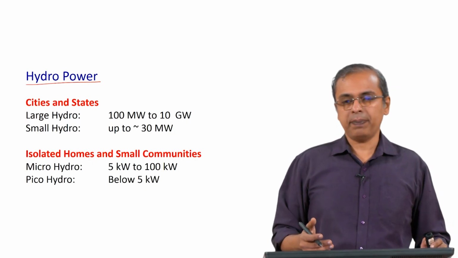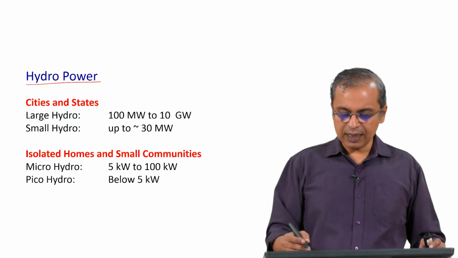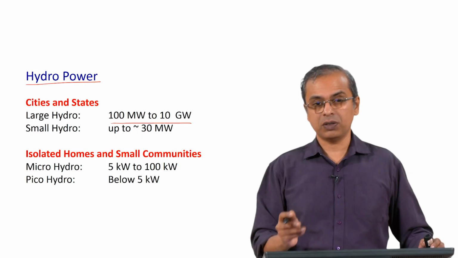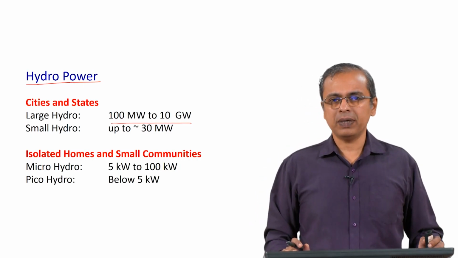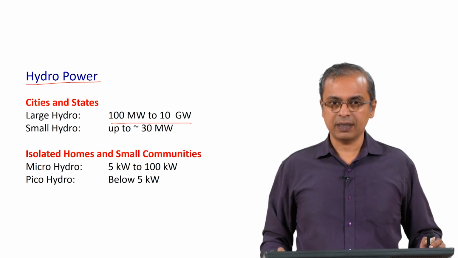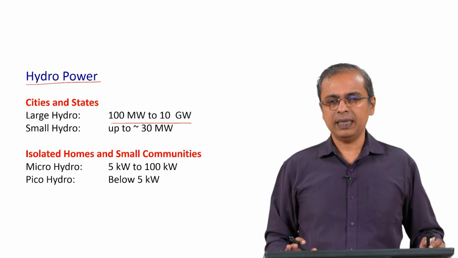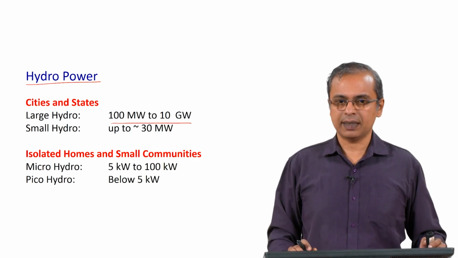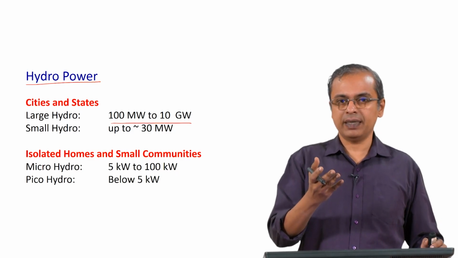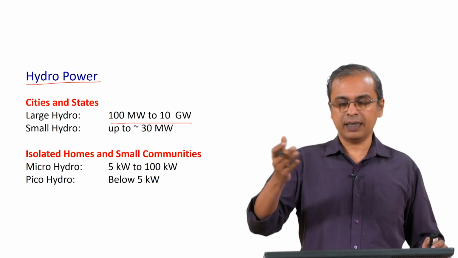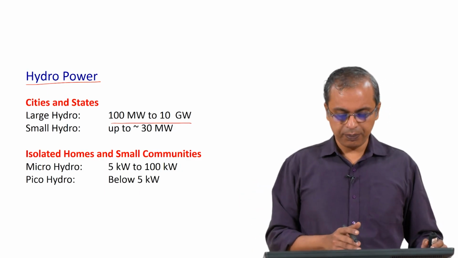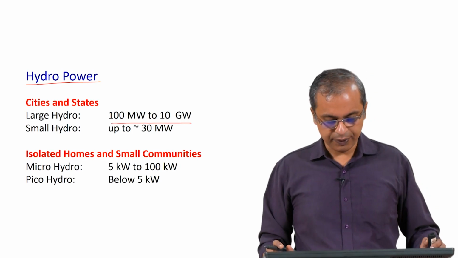So, for example, if you look at capacities, you can think of some very large capacity dams which are in the 100 megawatts to 10 gigawatts kind of capacity, or maybe even slightly more. For example, I think the Three Gorges Dam in China, which is considered the largest power plant in the world, is generating close to 20 gigawatts of power. But there are only a handful, about 4 or 5, which are in the 10 gigawatts or higher internationally, and then everything else is less than that. But generally a large hydroelectric plant would be in this 100 megawatt to 10 gigawatt power range.